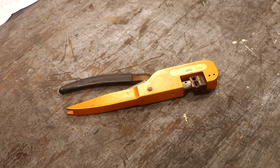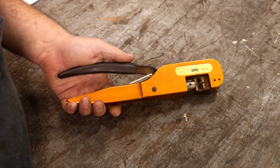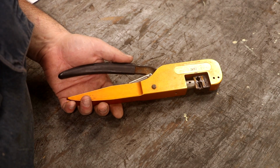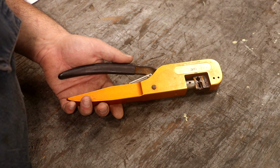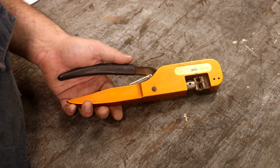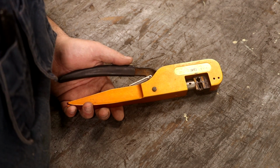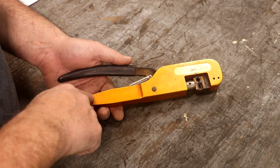First item here comes from Justin Duffy, who's out in Dickinson, Texas, and he sent along a little electrical crimping tool. I'm not exactly sure what kind of connectors this was made for. He said he had a friend that was doing a job with the military that had this and gave it to him, and they used it for crimping some type of electrical connector. I need to figure out exactly what kind of connectors this works with,